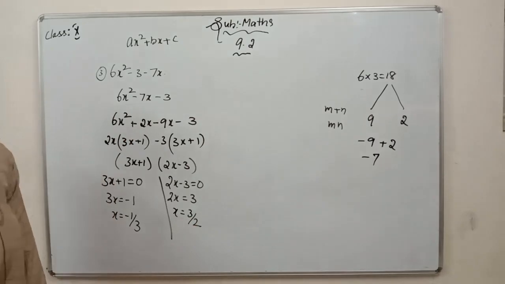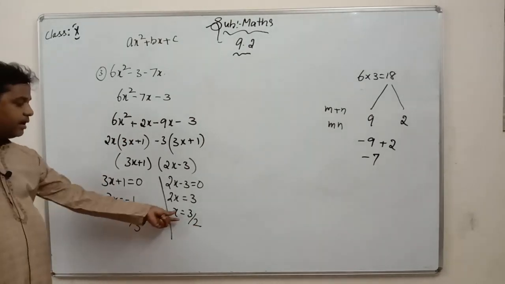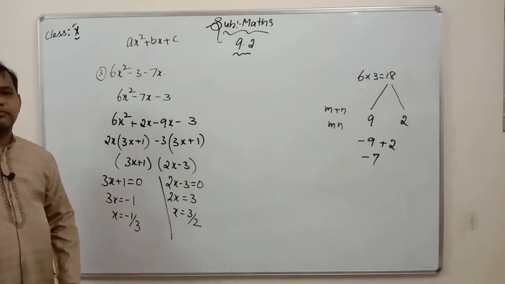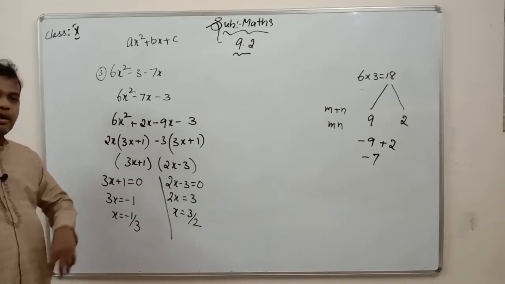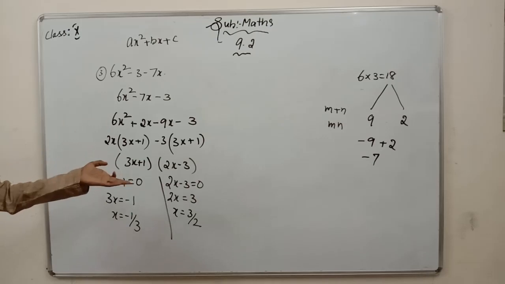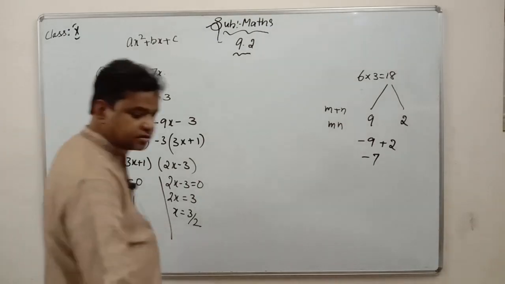So we have two values for x. Now first one is x equals to minus 1 by 3 and x equals to 3 by 2. So these two are the roots of the quadratic polynomial, or I can say the zeros of the quadratic polynomial, and follow the same procedure. Sum of the zeros of the polynomial and sum of the roots of the polynomial you are given both here. Let us see that also.